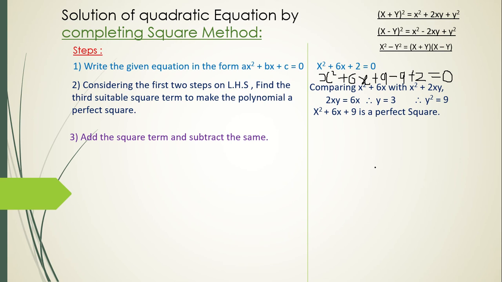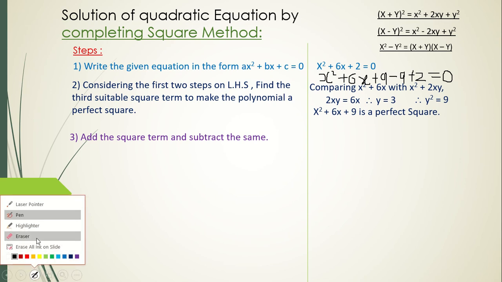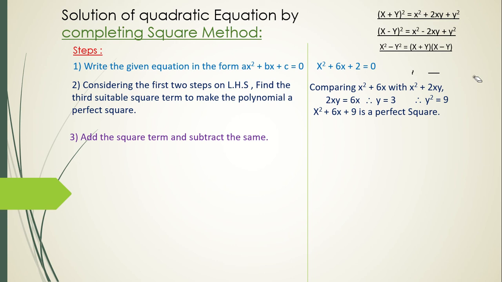I cannot just add anything I want and subtract anything I want. I cannot change the question. My question remains the same, x square plus 6x plus 2. What I have done, I wanted this plus 9 term to make this a perfect square. I wanted this term, I have added plus 9. So I should also subtract 9 from here, so that the question doesn't change. That's why, since you are adding plus 9 there, we have to also subtract 9 from there. So add the square term and subtract the square term. So in this, we do plus 9 and minus 9 plus 2.